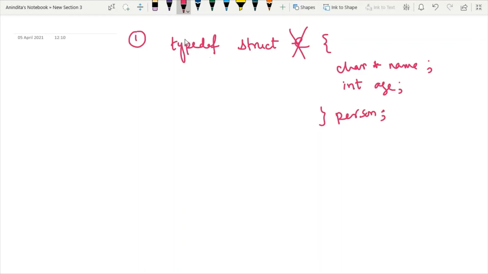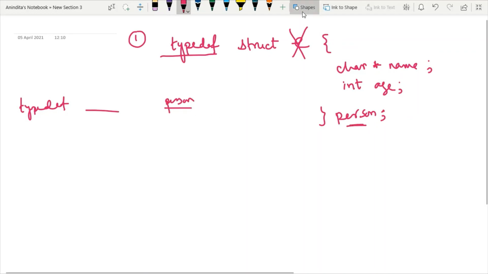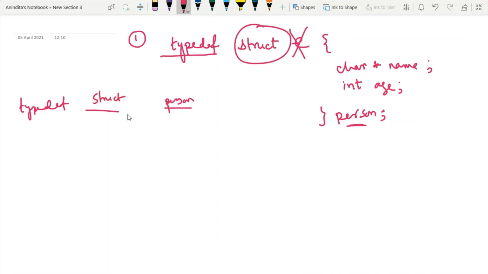Since I am using typedef, we know that typedef has three fields. So here person is the abbreviated format of type struct. Instead of writing typedef struct, I will use person in my code.